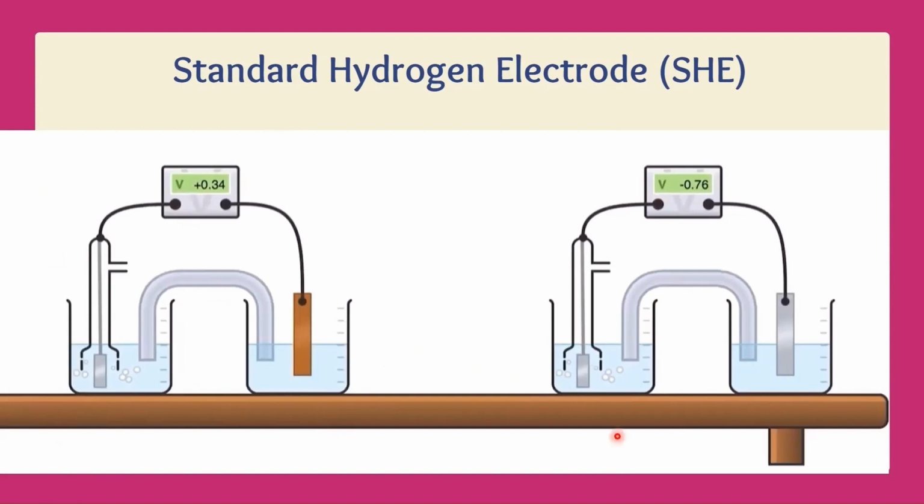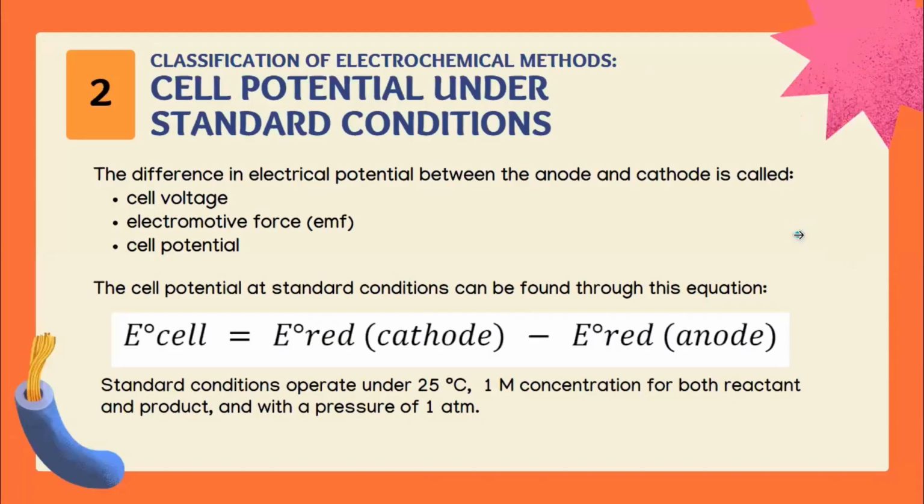And here we could see that the SHE acts as a cathode for measuring the potential of the zinc metal anode. So cell potential, also known as the cell voltage or the electromotive force, is the electric potential difference between the anode and the cathode. Particularly under this section, we will be focusing on the standard conditions, which operates under 25 degrees Celsius and a